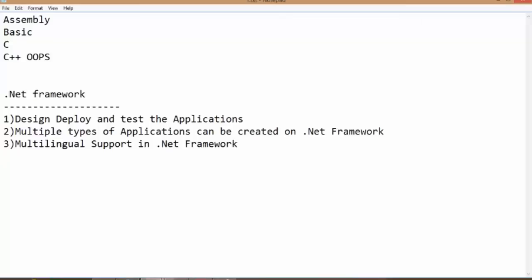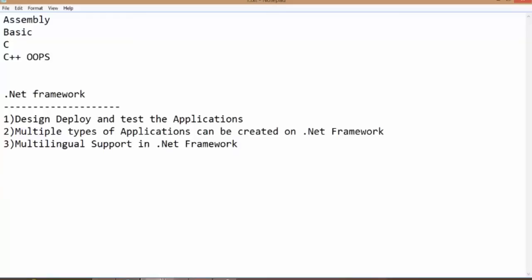Okay, so these three are the major features of the .NET framework. Because of all these features, .NET is still alive. I mean, they recently launched their 2015 version, right? Because these three are the features that actually allow developers to create applications on it.